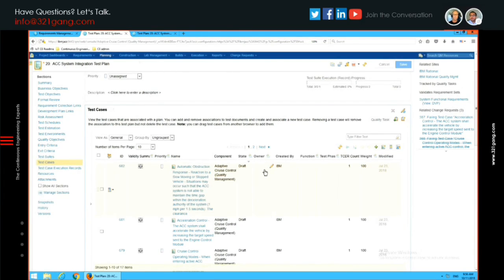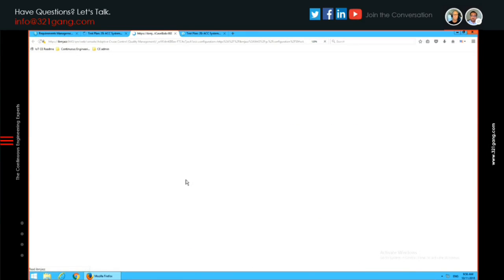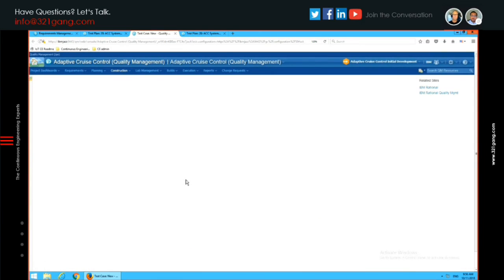Exactly. Now if you put in restrictions saying that you can only run tests that have been in an approved state, anything that gets created is in draft, right? Okay. You can assign an owner to it, so we can assign this to our test engineers or our validation engineers and say it's your responsibility to now go work and develop this test case. Got it. We can look at that test case in itself.